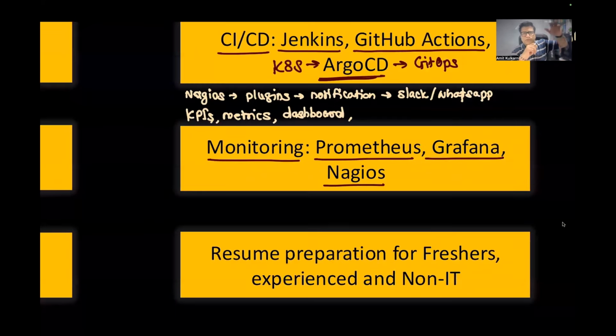Let's say MySQL is running and automatically it stops for any reason. You will automatically get a message on Slack saying, hey, this service is going down, or this service has gone down. So probably you will get the dashboard, and you can also see the Nagios plugins out there, which will help us to configure many different things. Notification is just one of them. So just giving a heads up here. Something goes down and Nagios will send a message to Slack. It can also send a message to WhatsApp as well, but this has to be configured very well.